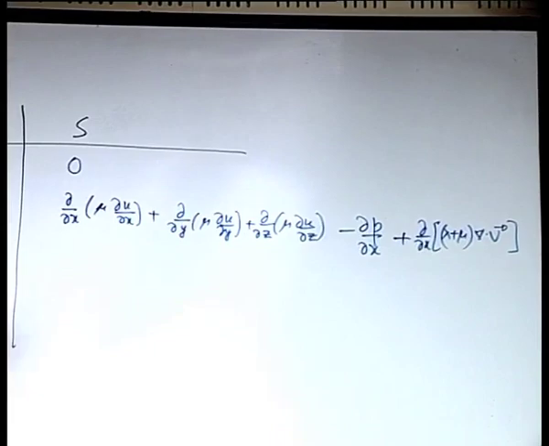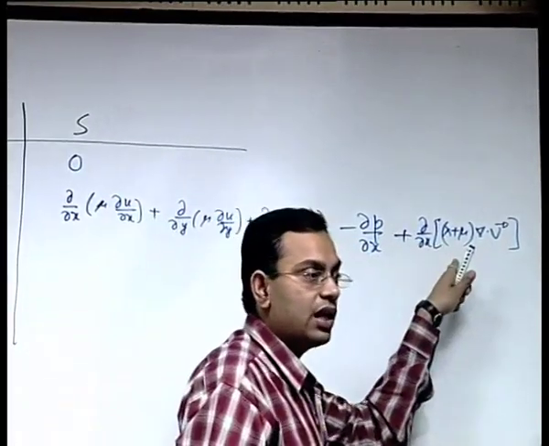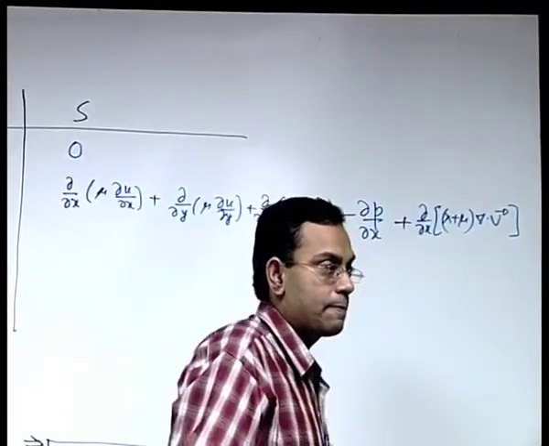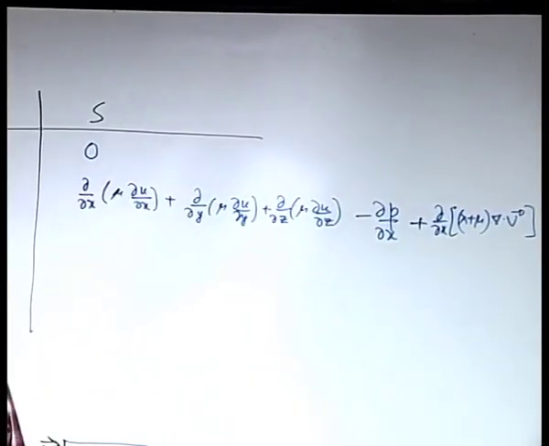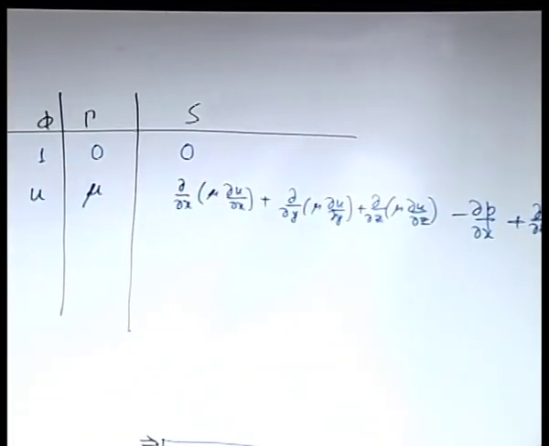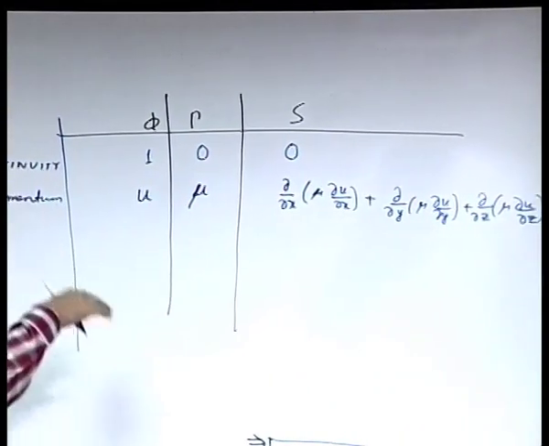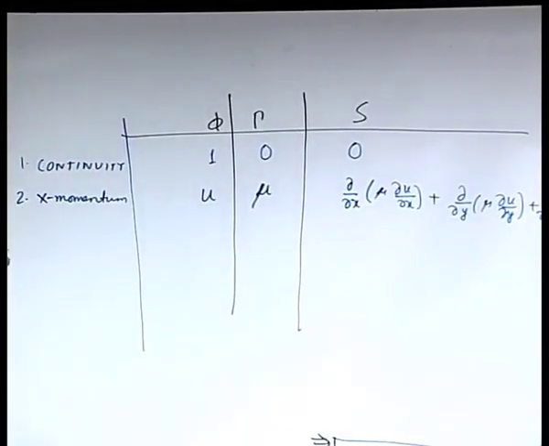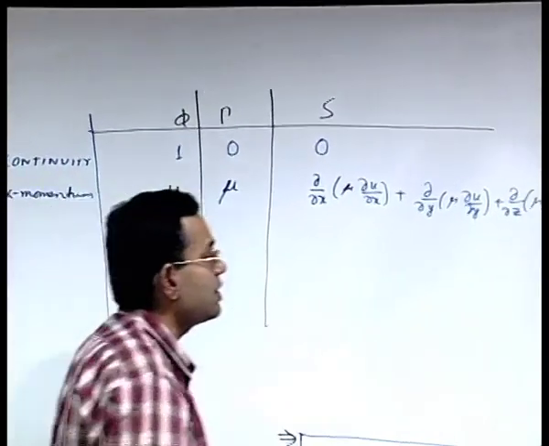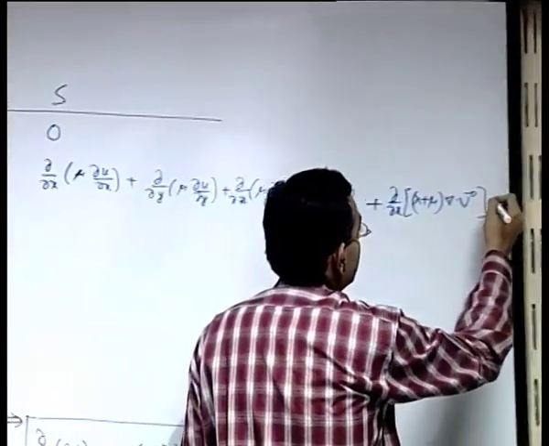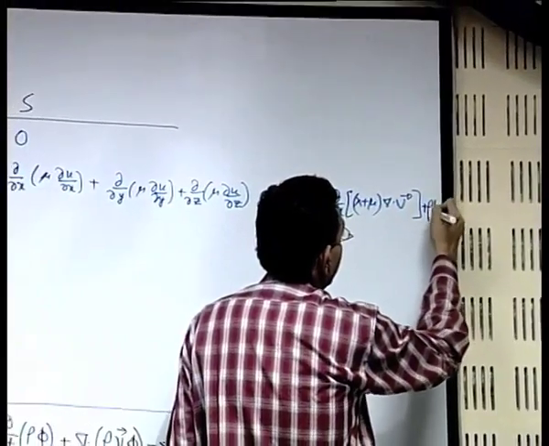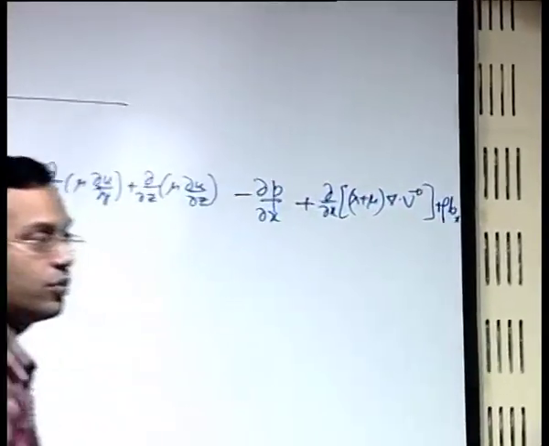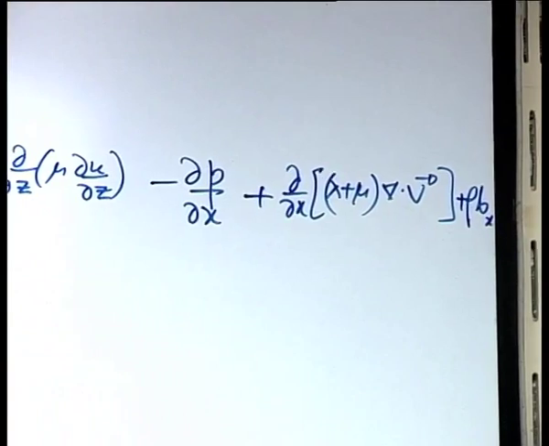So you have a viscous term, pressure gradient term and volumetric dilation term, all these are body forces. Similarly you can write y momentum and z momentum, I am not repeating those, you just have to replace u with v and w. Yes, if there is some extra body force then you have this one. So you may also have extra body force beyond this.